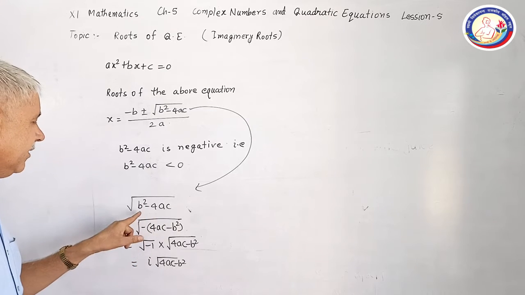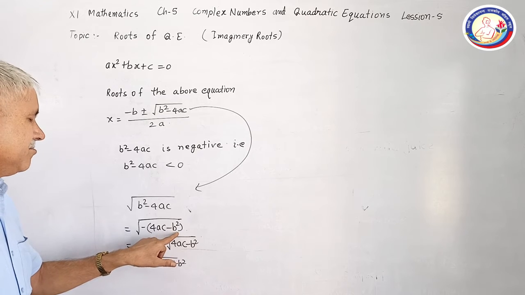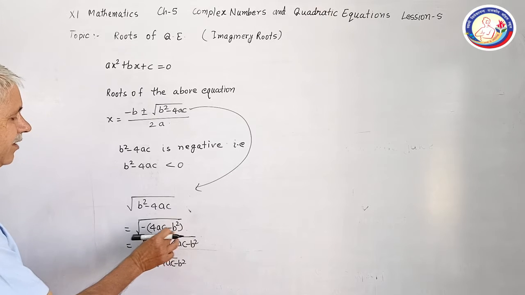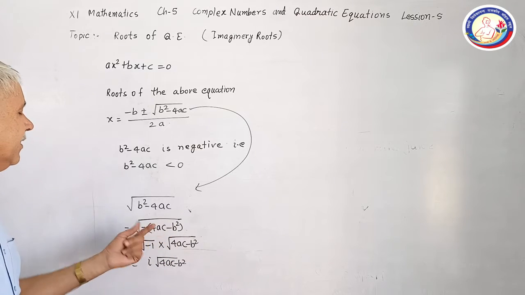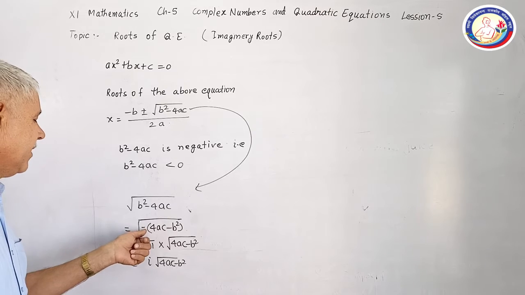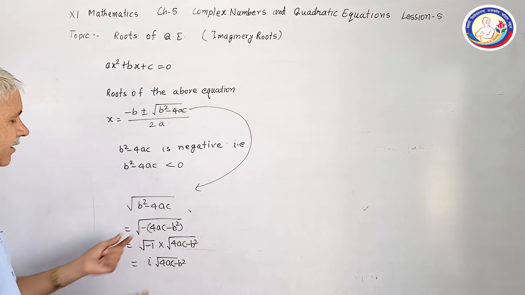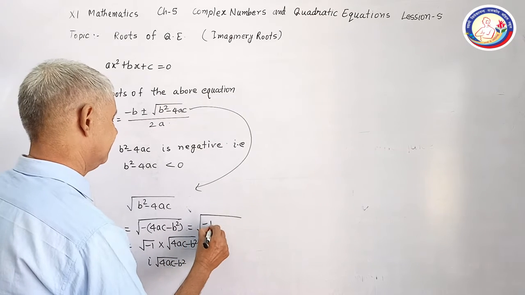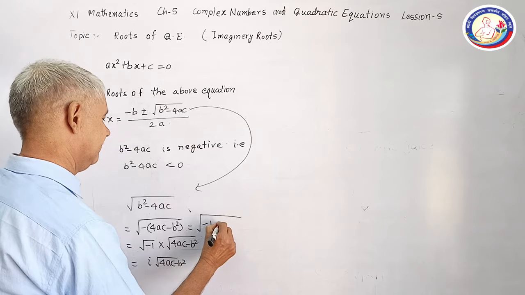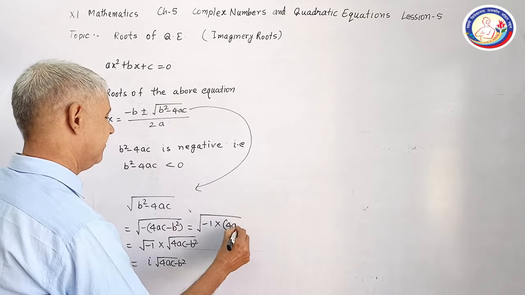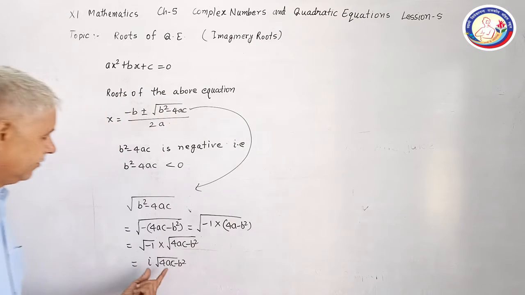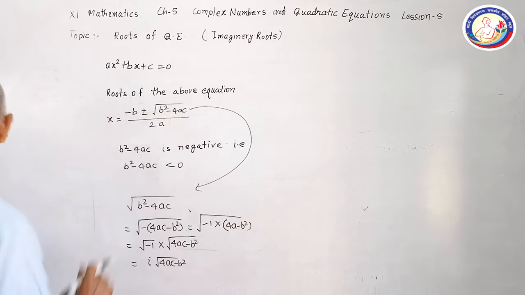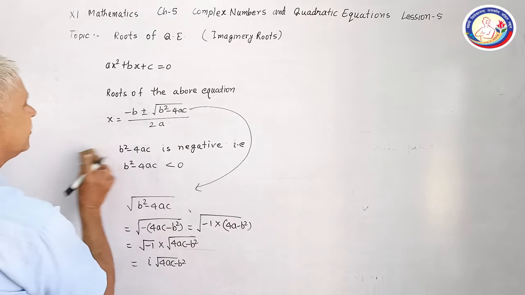So if we multiply this by minus sign, reverse the sign of 4ac and b square, it will be minus b square and plus 4ac. This can be written as product of minus 1 and 4ac minus b square. So the roots will be imaginary here, and the formula becomes here for imaginary roots